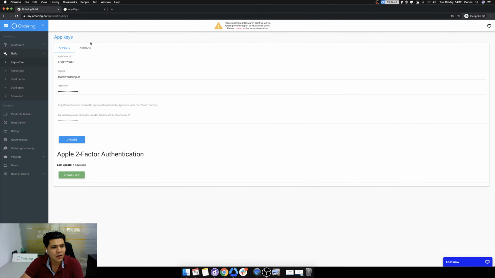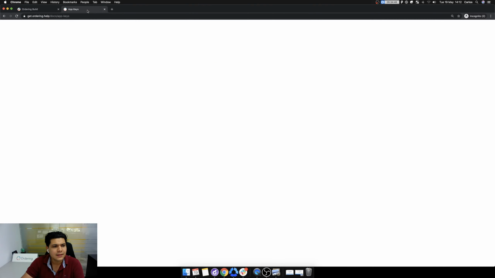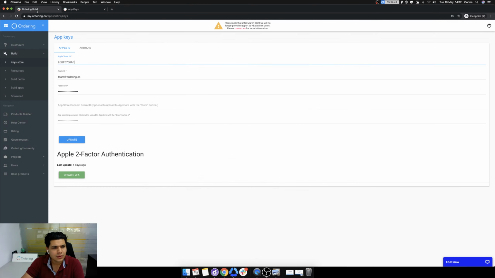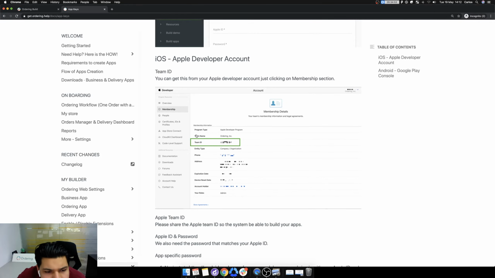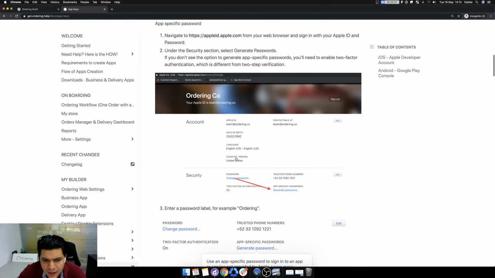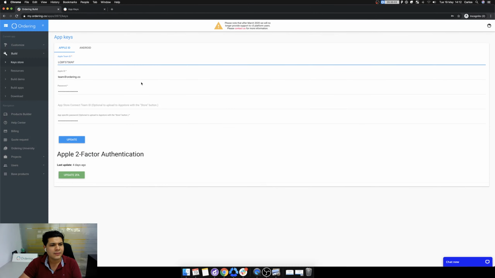The team ID goes here, Apple team ID. Now the Apple ID is the name of your account. You set this up, also the team ID here. The password is your password.